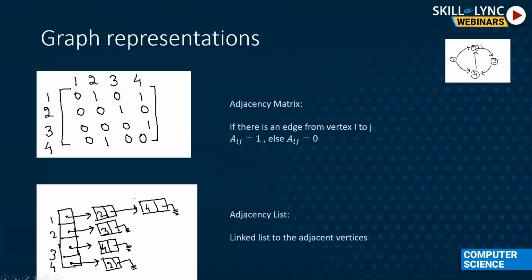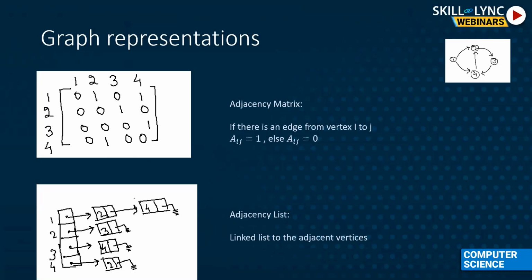So whatever nodes are connected to it, those edges will be represented by this. The advantage, definitely, is that you will be able to save a lot of space. That is a good part. The downside is that it could be slow for certain algorithms. For example, if I want to find cycles in the graph, it's very difficult to code in the linked list. It increases the complexity, and it's very easy to create algorithms for the matrix. So people choose different representations depending on what kind of problems they want to solve, what kind of efficiency they want to achieve, and so on.